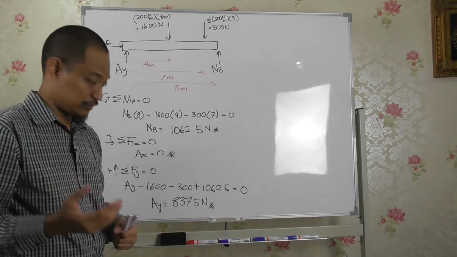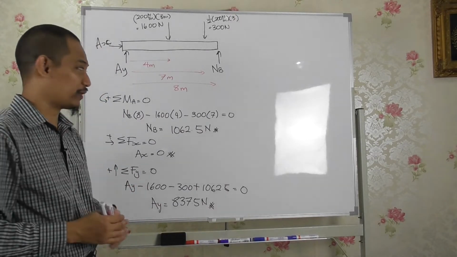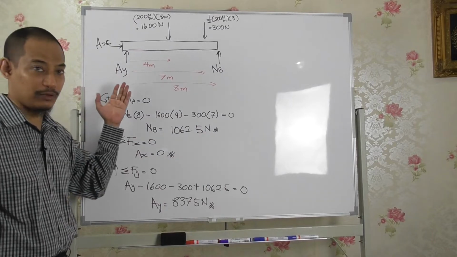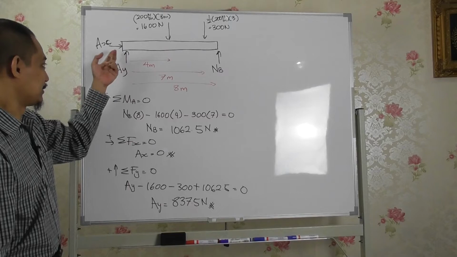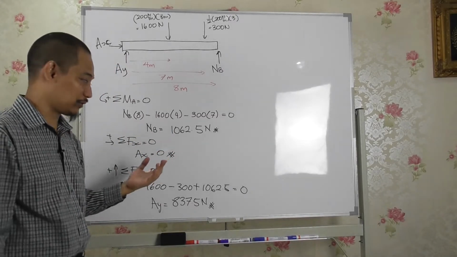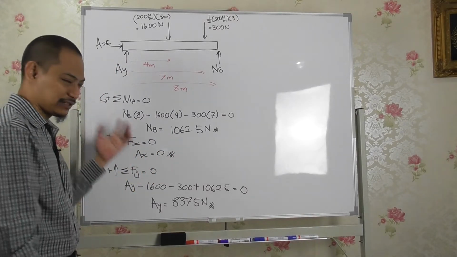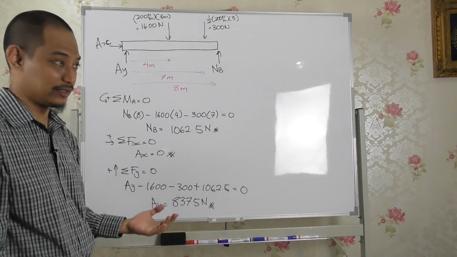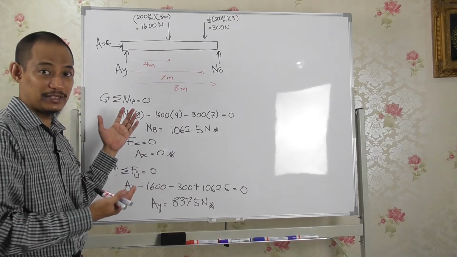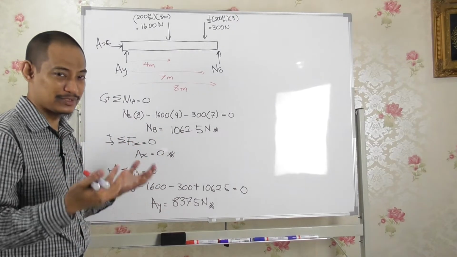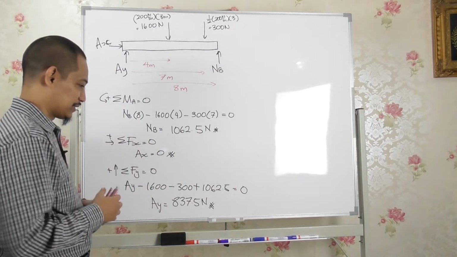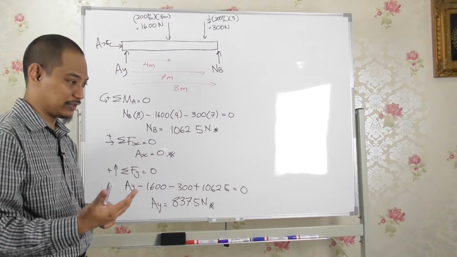All right, so yeah, straightforward again. When you have a diagram like this where all the forces are vertical except for one, where this one will be 0, of course, then the calculation will be quite straightforward as such, right? So if you have this kind of question in your final exam, you should do sujud syukur because it's so easy, right? That's why it rarely comes in the exam. Anyway,